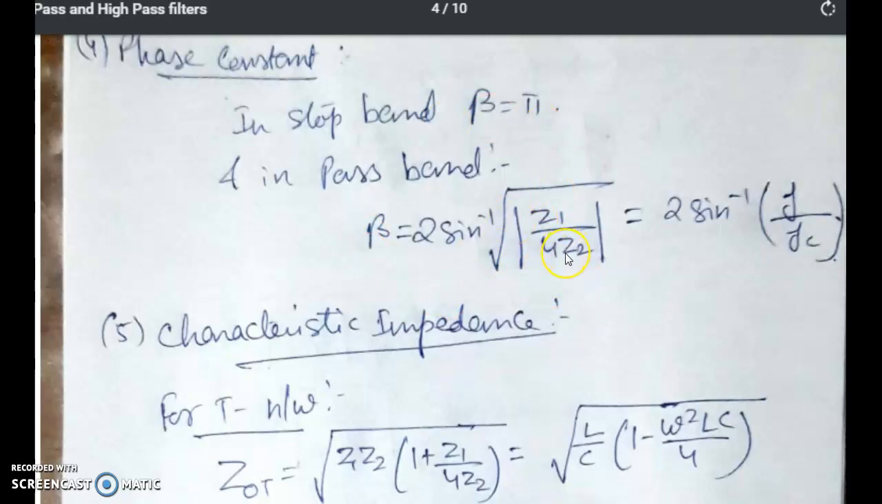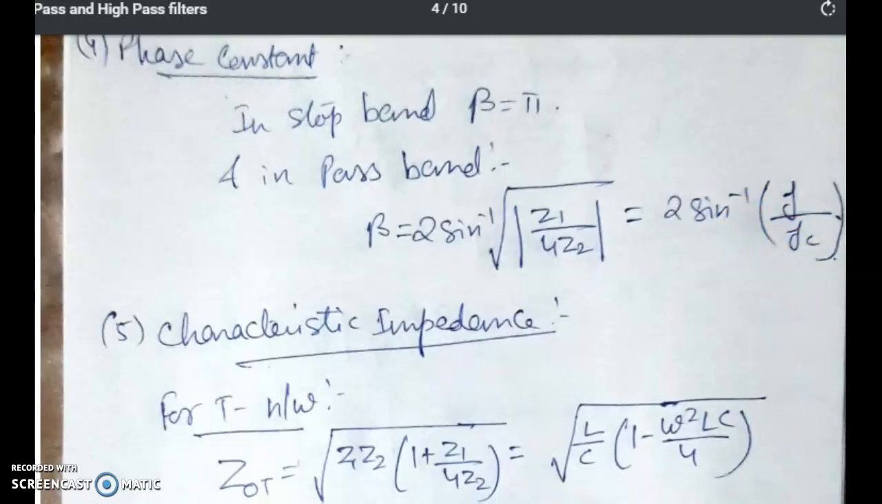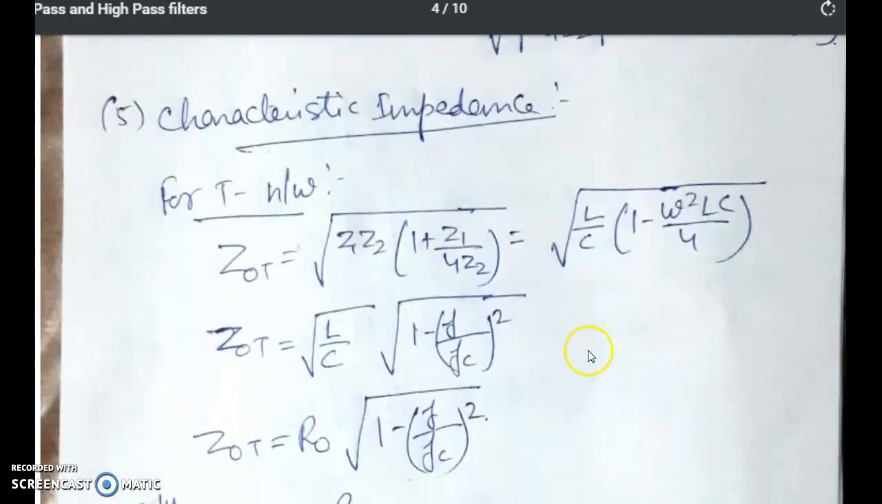When we put the values Z1 equal to j omega L and Z2 equal to 1 upon j omega C, beta will come as 2 sine inverse of f upon fc. Similarly, the characteristic equation for the T network is given by this equation: under root of Z1 Z2 into 1 plus Z1 upon 4 Z2. When we put the values of Z1 and Z2, Z1 equal to j omega L and Z2 equal to 1 upon j omega C,